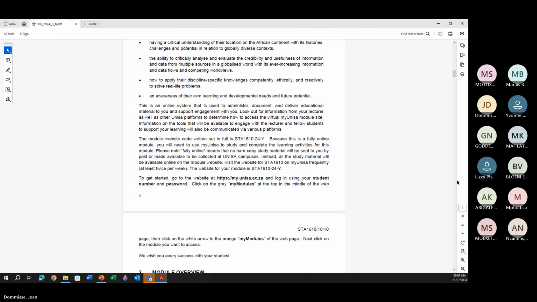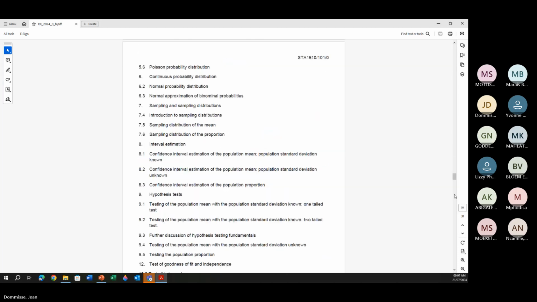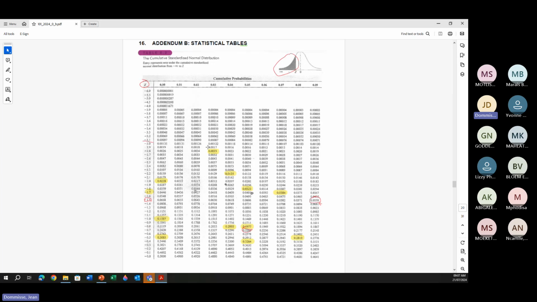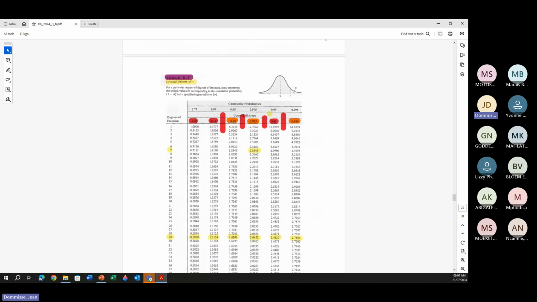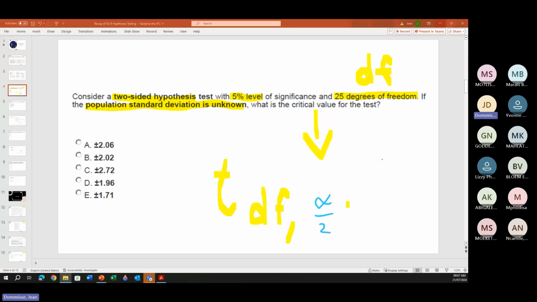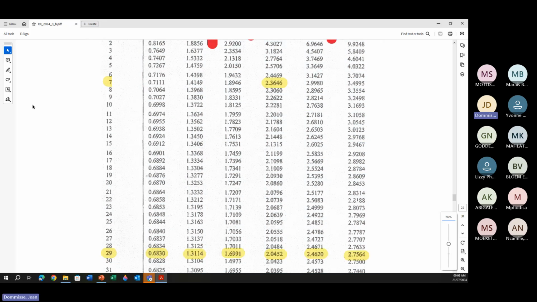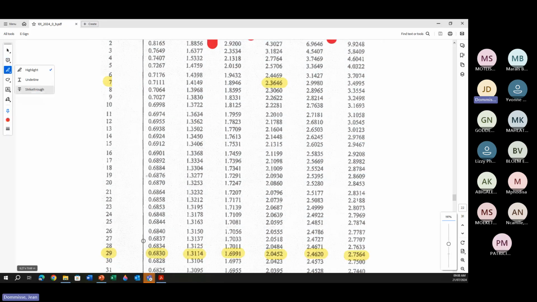So we go down to the t-table. The first one is normally the z-tables, and here we have the t-table. We're looking for the degrees of freedom, and they already give us that. It's 25. Interesting that they could have said the sample is 26 or something like that. But they give us the degrees of freedom already, so you don't need to subtract 1. So of 25, and